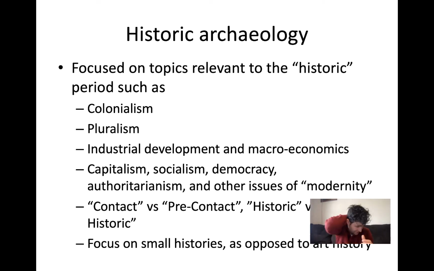Pluralism, same, which is an extension of the same thing, right? So what this means is that during the historic period, usually you're talking about very cosmopolitan societies with people from lots of different parts of the world. This is true in ancient historical societies as well as more modern ones. So, when we think about Egypt, again, for instance, a historical society, also a very pluralistic society. There were certainly Greeks and Phoenicians and whatever else, people from all over the world probably visiting Egypt, trading with Egypt. So it's a kind of a pluralistic society.